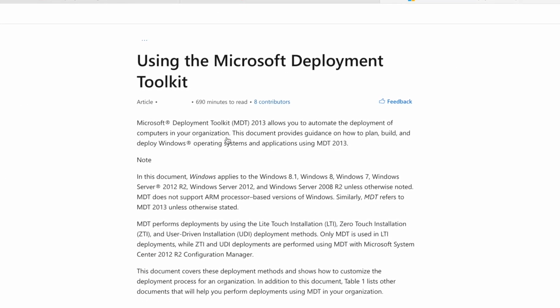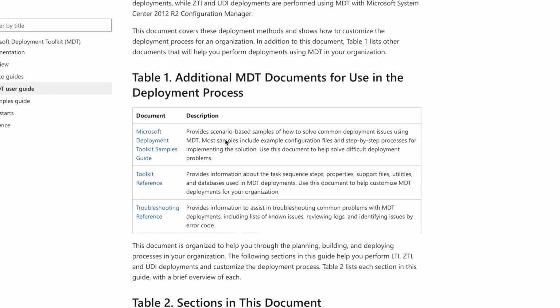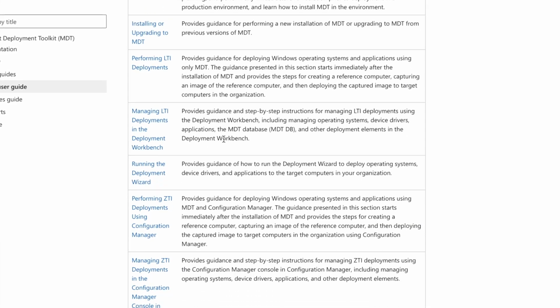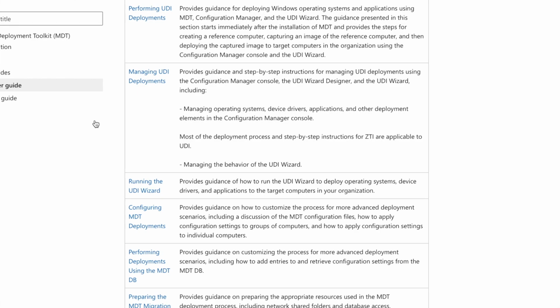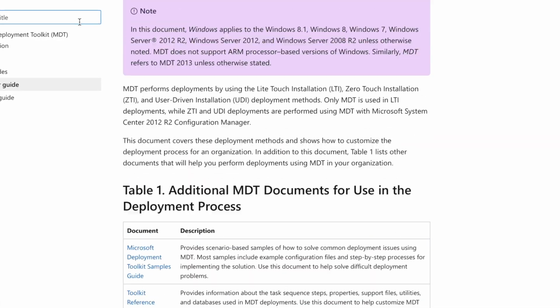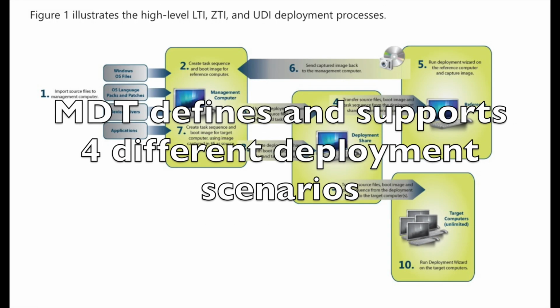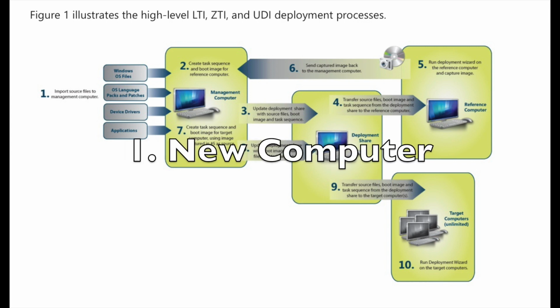OEMs always deploy Windows 7 on new bare metal computers, so Windows 7 AIK does not provide specific instruction for any other type of deployment. In a corporate enterprise environment, however, technical specialists are often faced with a variety of existing workstations on which they must deploy Windows 7. Therefore, MDT 2010 defines and supports 4 different deployment scenarios: